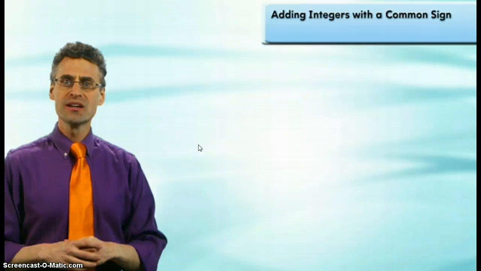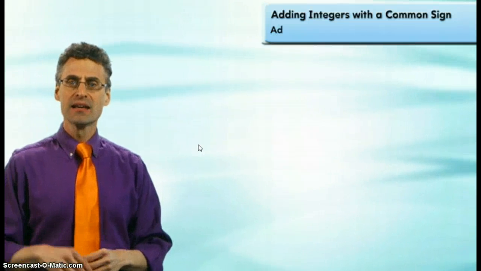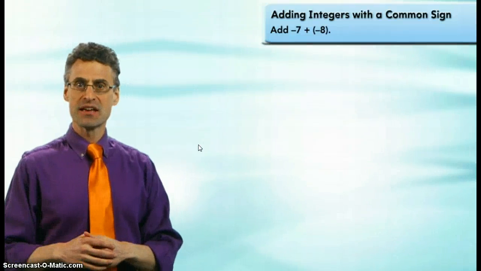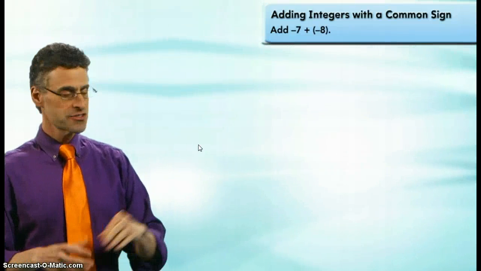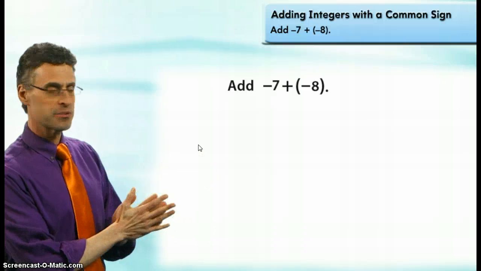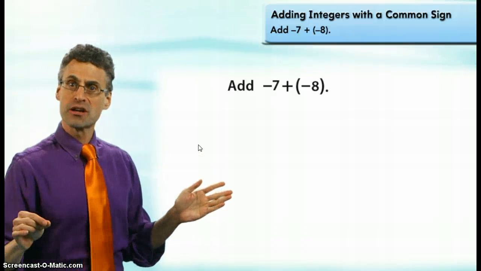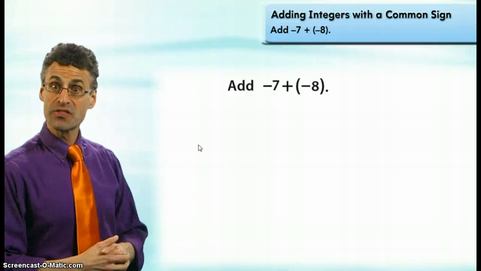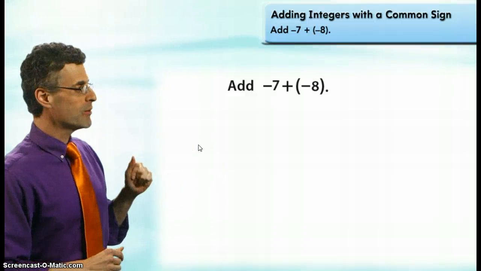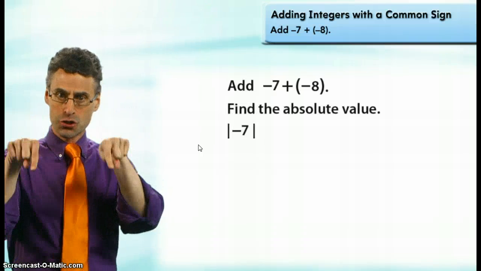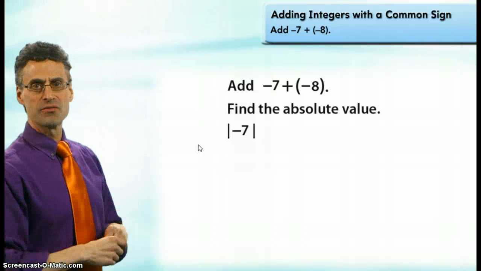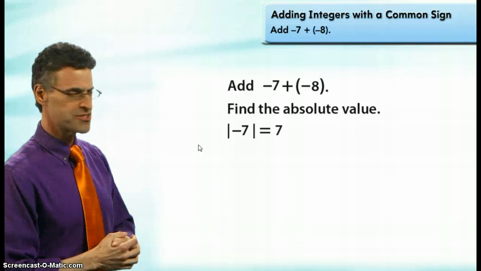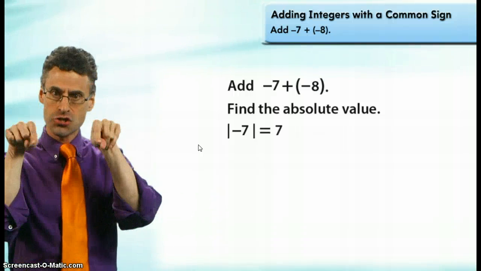So what I'd like us to do is add -7 and -8. So I want to consider -7 plus -8. So here they are, -7 plus -8. What's the first thing we're going to do here? We notice that we're adding two integers that have the same sign, right? They're both negative in this case. So what do I do? I take the absolute value of each. So the absolute value of -7, of course, is 7. Remember, all you got to do is lop off any negative signs, you see? The absolute value of -8 is